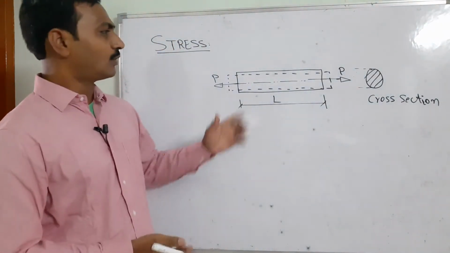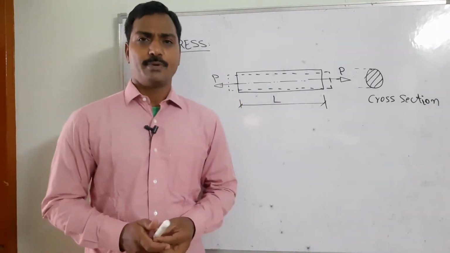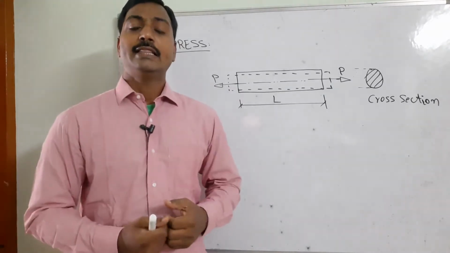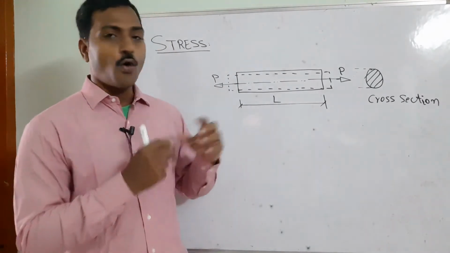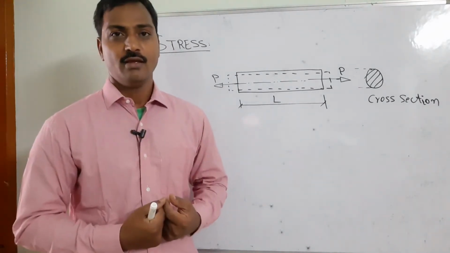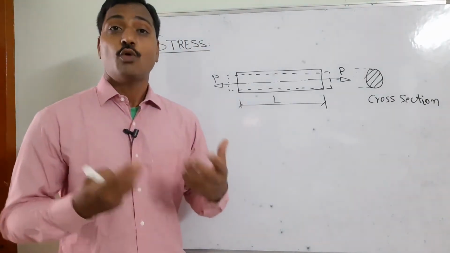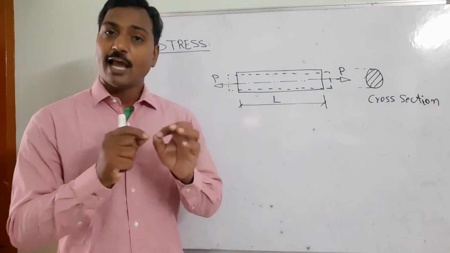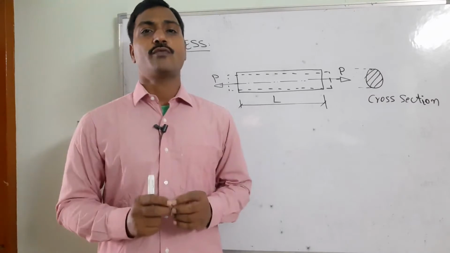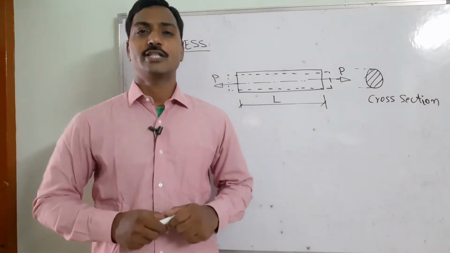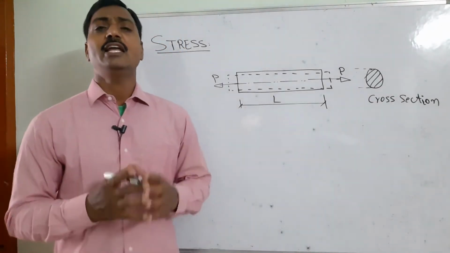Right? In this case, what will happen? We can see these kinds of elongations if we take rubber. When you elongate it, the elongation is more evident, more visible to the naked eye. But if we apply the same force to steel or iron materials, it is not as evident. It means the elongation is not visible. If you want to see that elongation, we need to apply a greater amount of force on that member, and only then can we see the elongation. Then how is it maintaining the equilibrium condition?